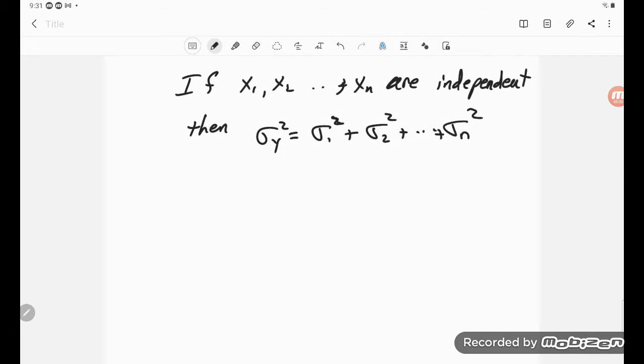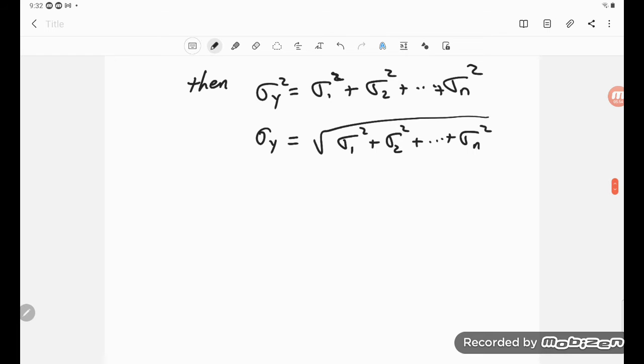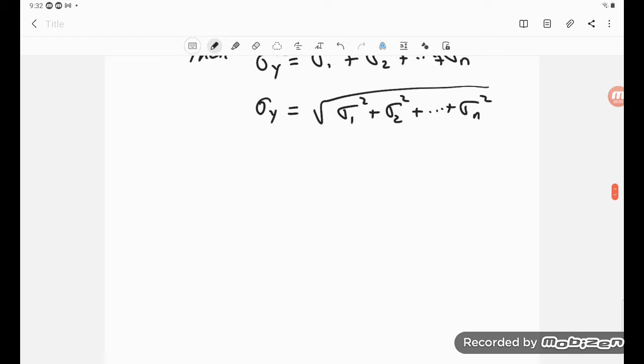So notice standard deviations don't just add. To get the standard deviation of y, I would need to get the sum of those variances and then take its square root. So it's not quite as nice working with the standard deviation, but not bad. Just work with the variances first. Okay, and then similarly,